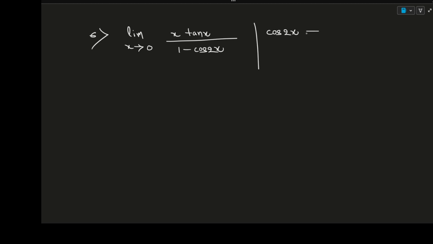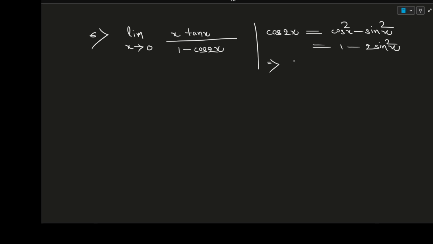Now I will solve another problem. Before solving this problem, I would like to write one formula, that is cos 2x is equal to cos square x minus sin square x. It will be 1 minus 2 sin square x,